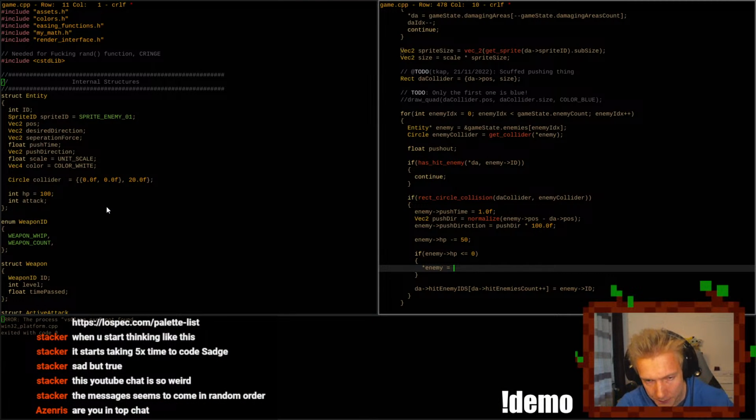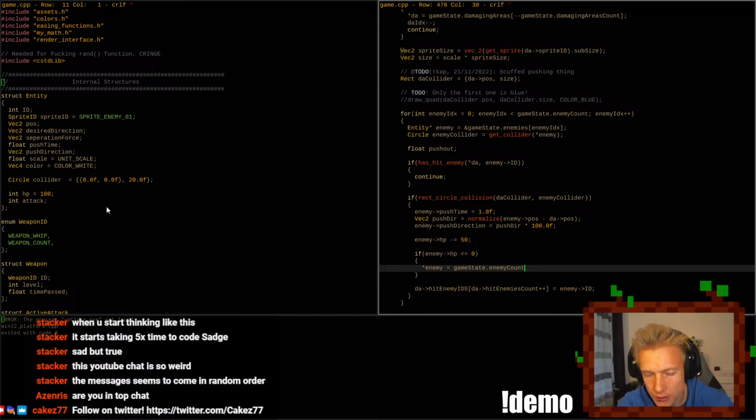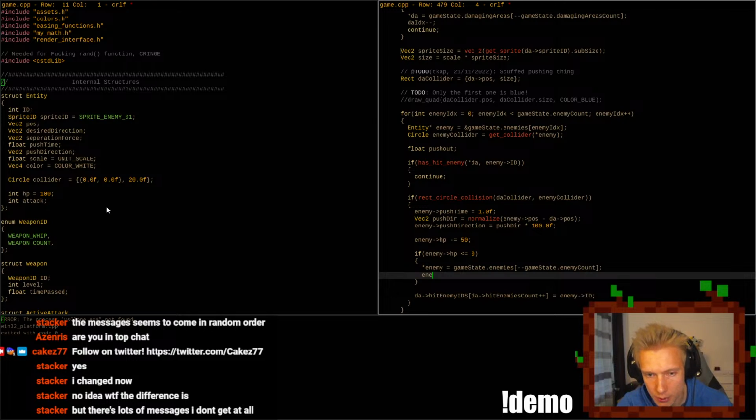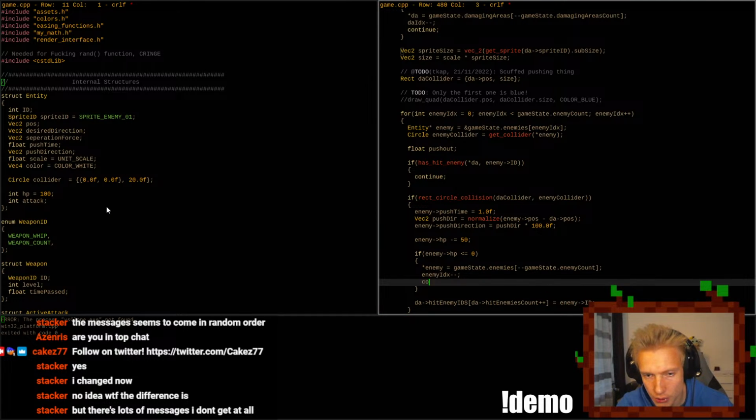Okay, so enemy. The value of enemy is the value of game state dot enemy count on game state dot enemies, minus game state count, and then we do enemy index minus, and we do continue.